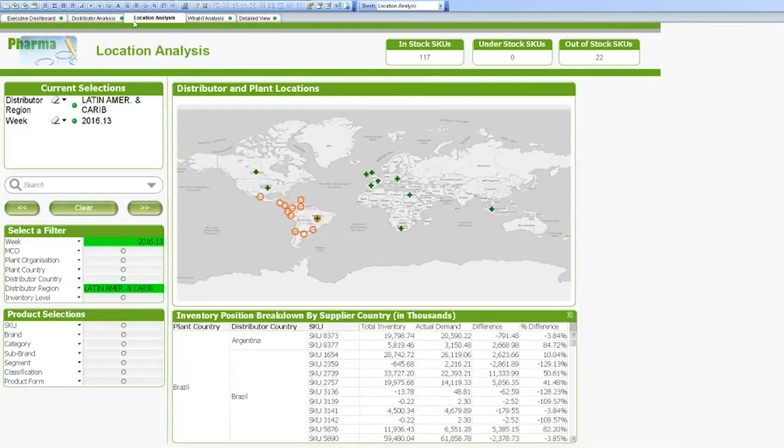So what I would do then, going to the next tab here, is this is actually a location analysis tab that I can use to track how shipment is flowing from all of the plants that are sending SKUs to our distribution sites, and then how those shipments relate to our total inventory and then our expected demand or our actual demand. I want to take a moment to actually talk about this tab and this chart itself here,